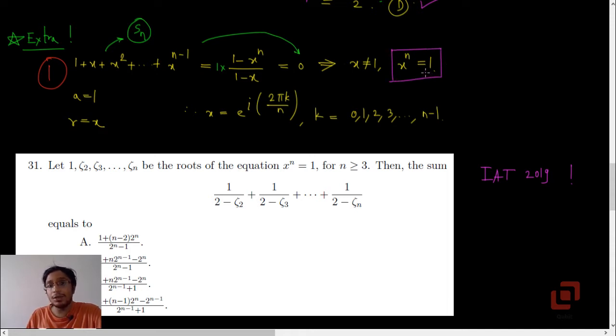The only root that we should exclude now is 1, because if x is equal to 1, then the denominator will be 0. And if you know complex numbers a bit, particularly de Moivre's theorem and Euler's formula and their application to find the nth roots of unity or 1,